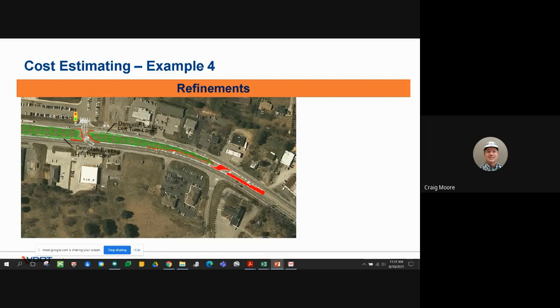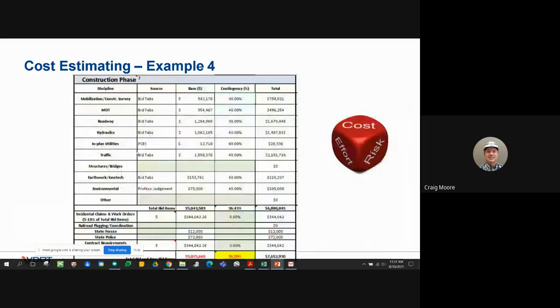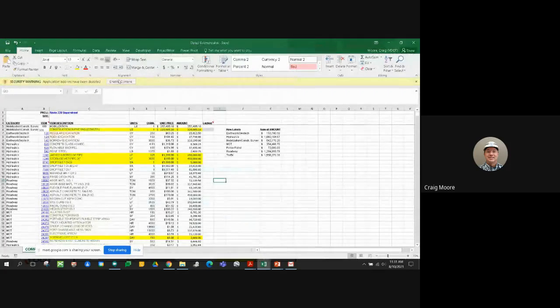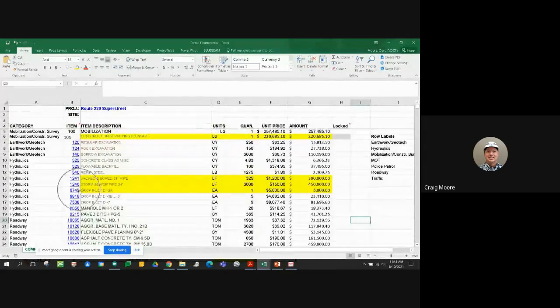So again, we don't actually know that. So again, we account for that somewhat through our contingencies in dealing with our estimate. So as we work through our estimate, one of the things here, using our estimating workbook, and let me pull up another detailed estimate here. So this is using the Stanton